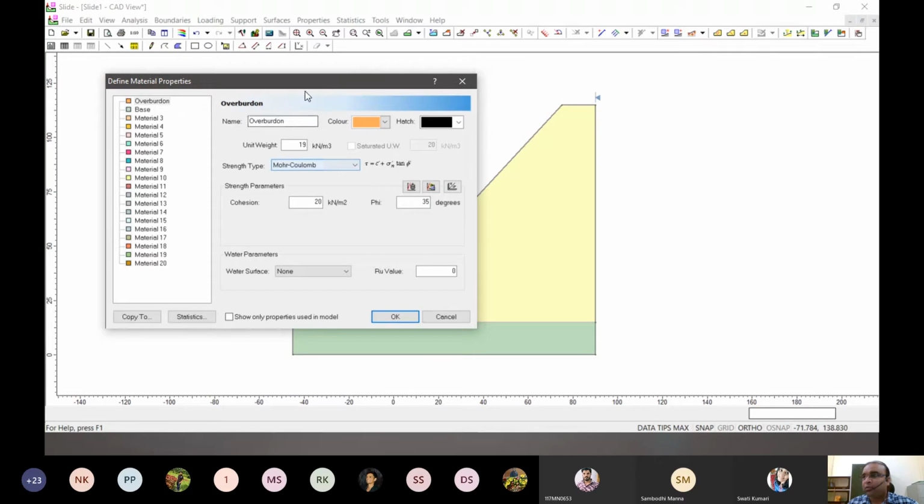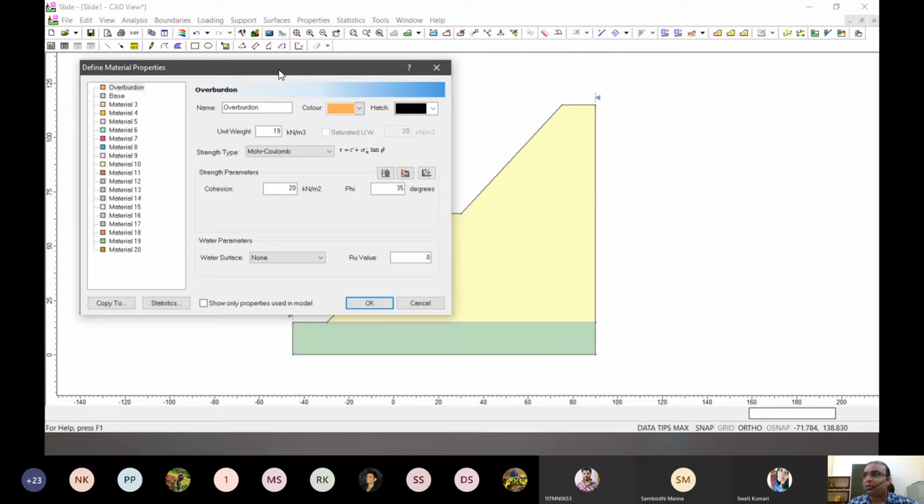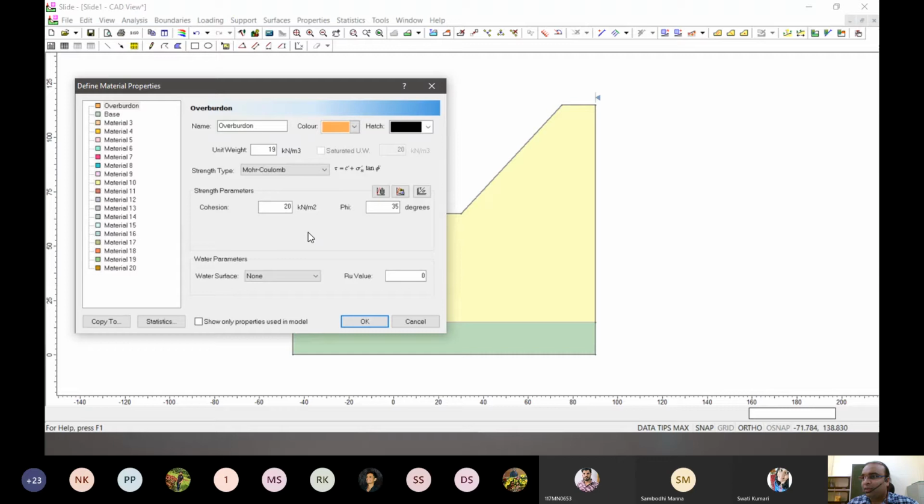Right now, for most of the probabilistic analysis, we assume that this is failing under Mohr-Coulomb. In probabilistic analysis, the variation in the parameters that we were discussing will be done in these variables: the cohesion, the friction, the unit weight, and so on. Based on what kind of method we decide, we have the option of varying those. So for now, let's choose Mohr-Coulomb and click OK.